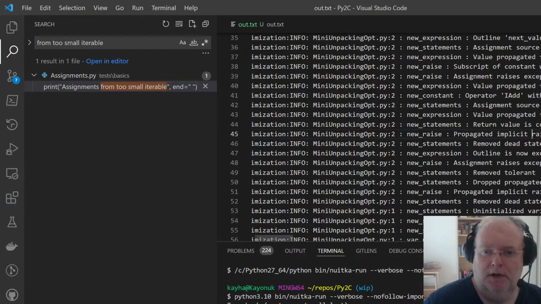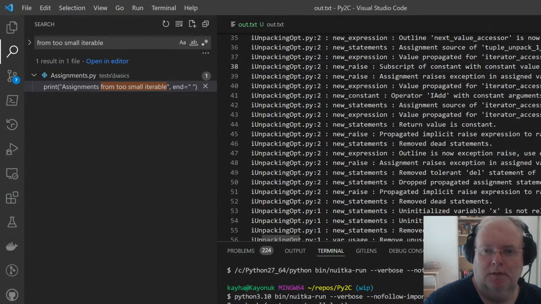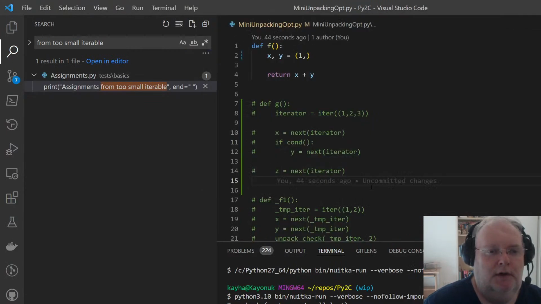Propagated implicit raise. Next value propagated for. Yeah. But here is assignment raises and then assigned exception and assigned value removed. Subscript predicted to raise an exception. So when it's looking up the element 2, it finds it's bad.